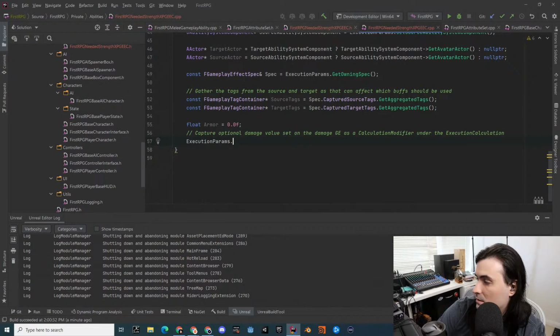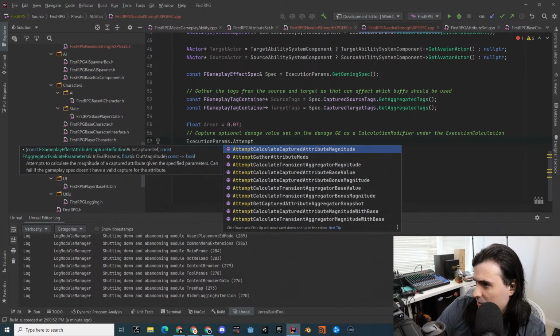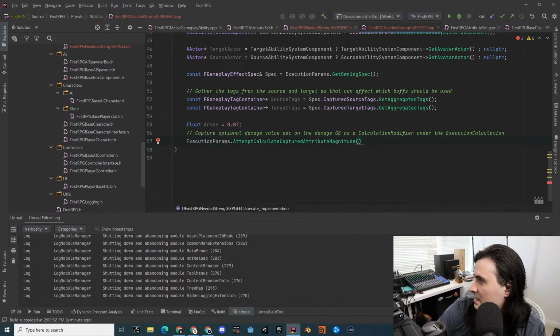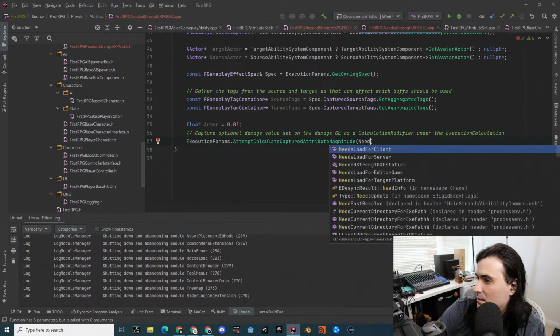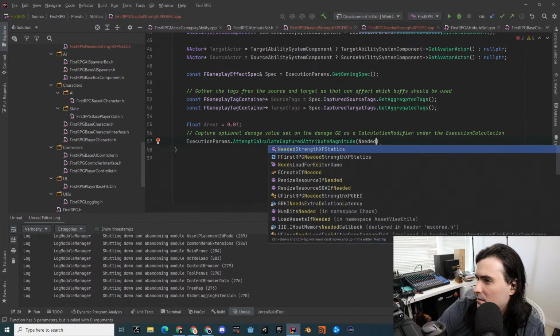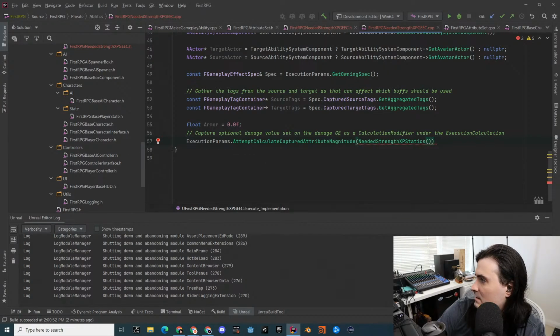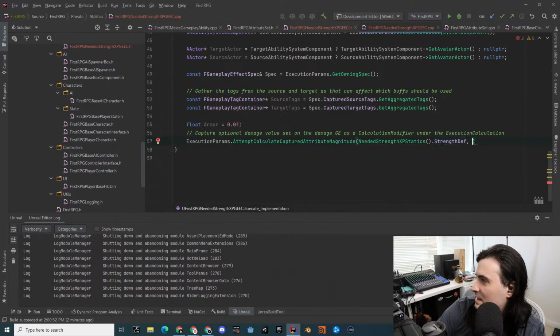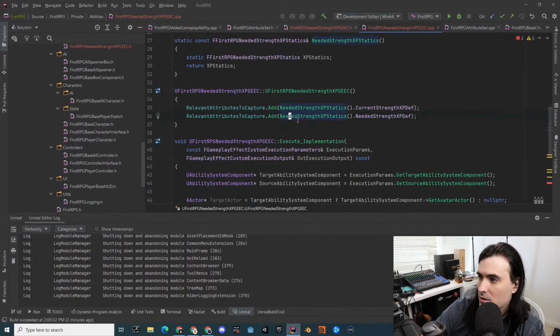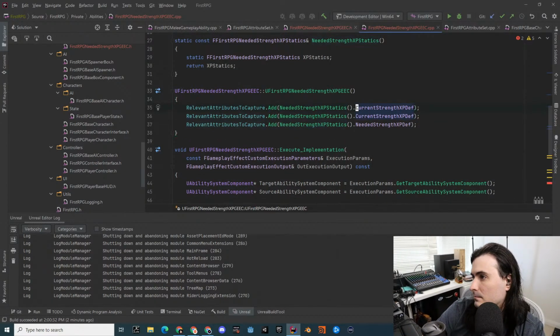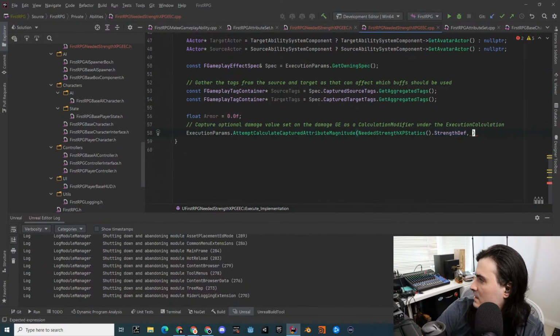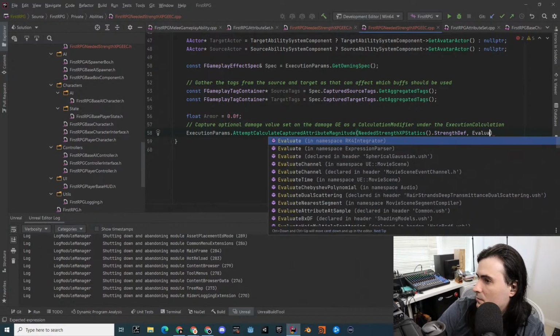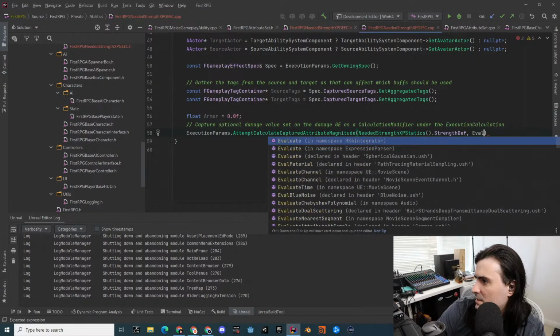So this would be execution params dot temp calculation attribute magnitude, and then this would be the needed strength XP statistics dot. I think that should be that one. Feel like that's right. Ooh, we also need to put this here. Strength def. There. And then this here would be evaluation params. What was it? It was